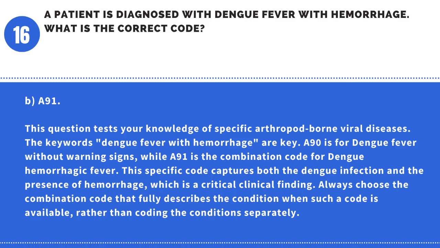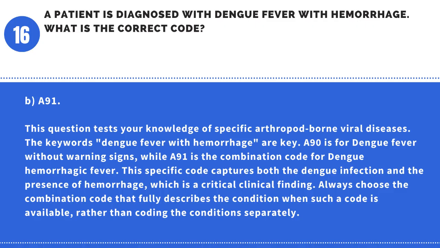This question tests your knowledge of specific arthropod-borne viral diseases. The keywords dengue fever with hemorrhage are key. A90 is for dengue fever without warning signs, while A91 is the combination code for dengue hemorrhagic fever. This specific code captures both the dengue infection and the presence of hemorrhage, which is a critical clinical finding. Always choose the combination code that fully describes the condition when such a code is available, rather than coding the